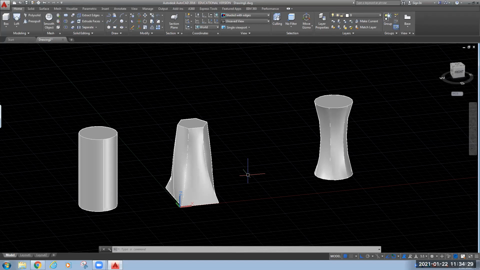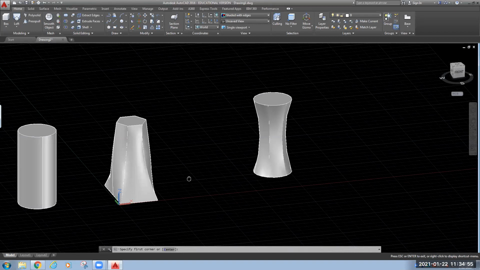Okay, so now I will show you one more command over here. Very useful command, that is your shell command. Okay, so first try to understand what this shell command is. Suppose you have drawn any box.